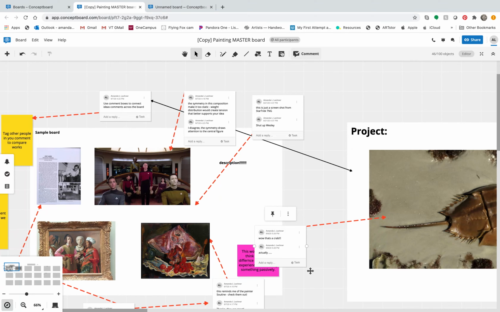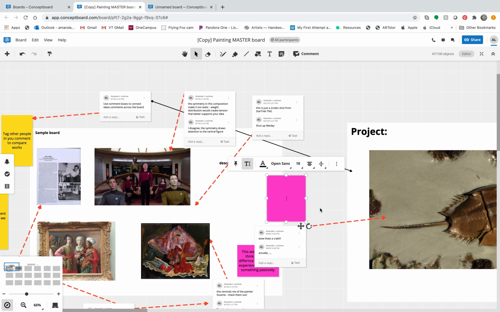We also have the ability to make a post-it note if you're wanting to make a note about your own work, or place some other note next to someone's work that isn't as formal as a comment. But if it is a feedback comment, it really should be as an official comment rather than a